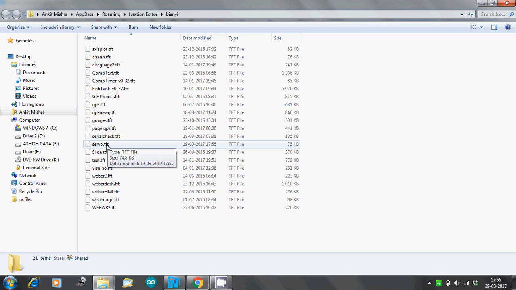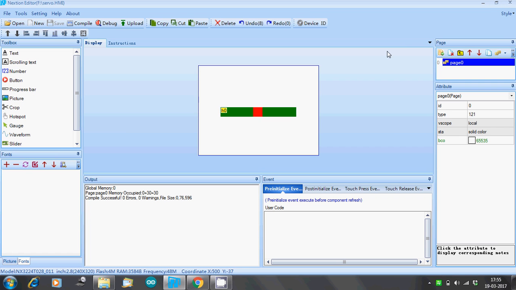This is a pretty simple part, only one component is needed, so there is no need to go in depth on these things. That's all from the Nextion part also. I hope you will enjoy the